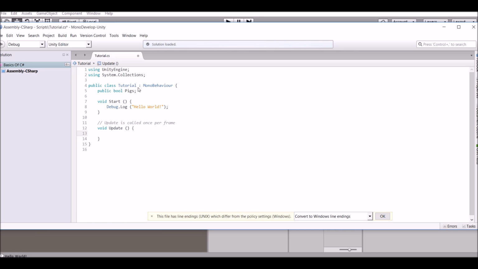I'm going to use an if statement for this. So I'm going to say if, and then put the two brackets, or parentheses, whatever these are, right here. And then in there I'm going to say if pigs equals, make sure it's two equals, because if it's not, Unity doesn't like it and there will be an error. So if pigs equals true, then